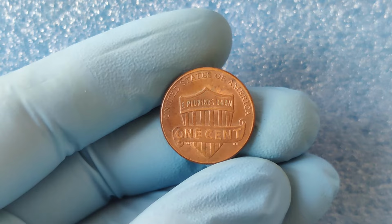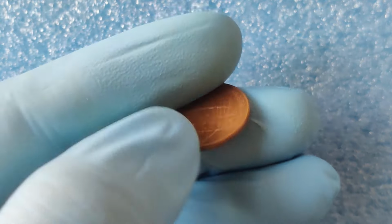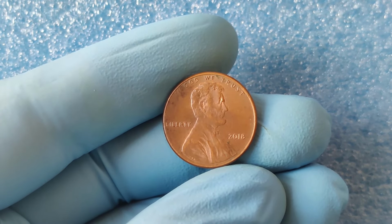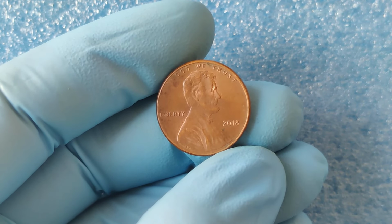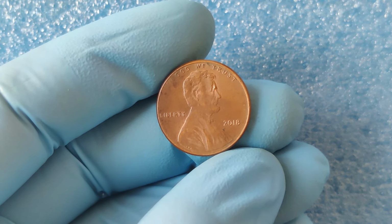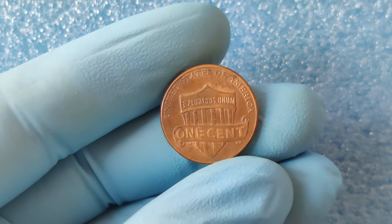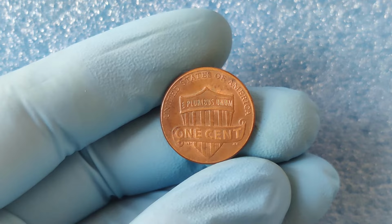So, how can you tell if your 2018 penny is worth big money? First off, you'll need to check for any errors. Use a magnifying glass or a coin microscope to examine your penny closely. Look for any signs of doubling on the date or the mint mark, or any other irregularities. If you think you've got an error penny, the next step is to have it graded by a professional. Companies like PCGS or NGC specialize in grading coins, and they'll give your penny an official grade,